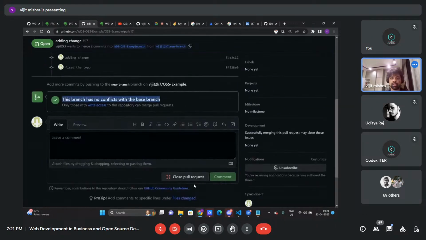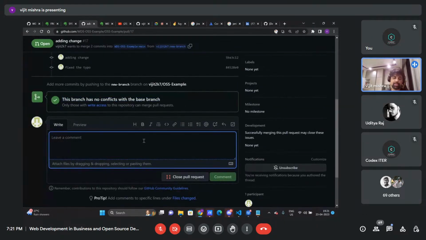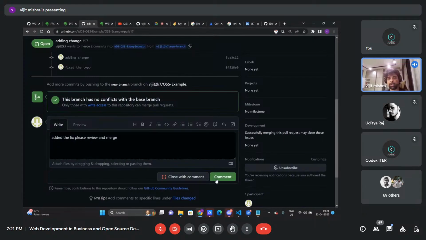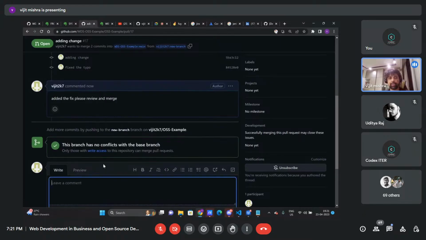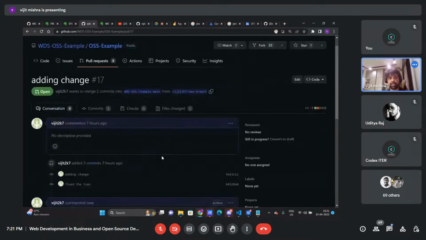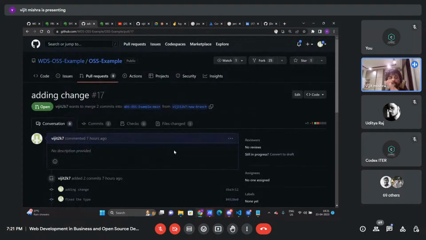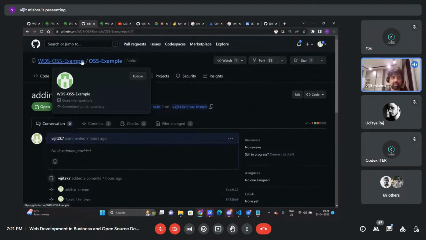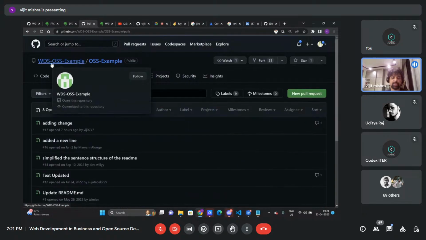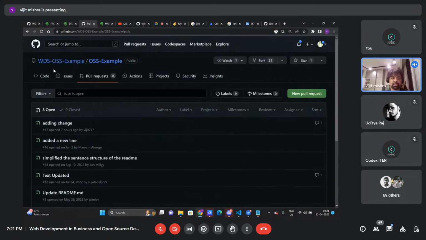So you can comment something like, added the fix. Please review and merge. I'll comment this, and now as a developer, if I am maintaining this website, this repo WDOSOSS,